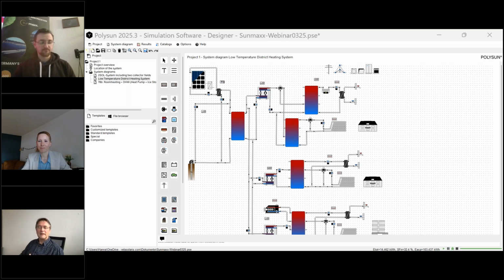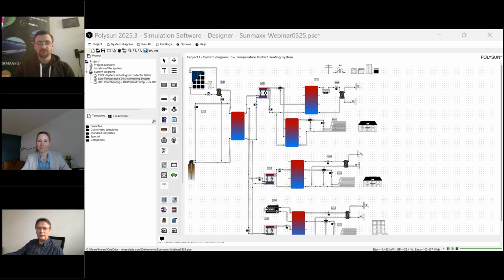Okay. And yes, as I have already mentioned, we have more than 1,000 templates altogether. And we have certainly also dozens of templates only with PVT, and there's really a lot to see. And don't forget, with Polysun Design, you can create your own templates. There is no limit in that regard. Also, the template which you see right on your screen now, of course, is not a standard template that has been created through a project. So there are no limits. Don't worry about that. Any template can be created with Polysun.